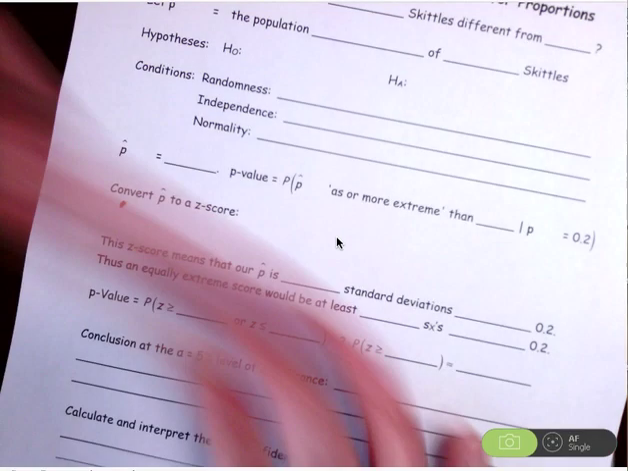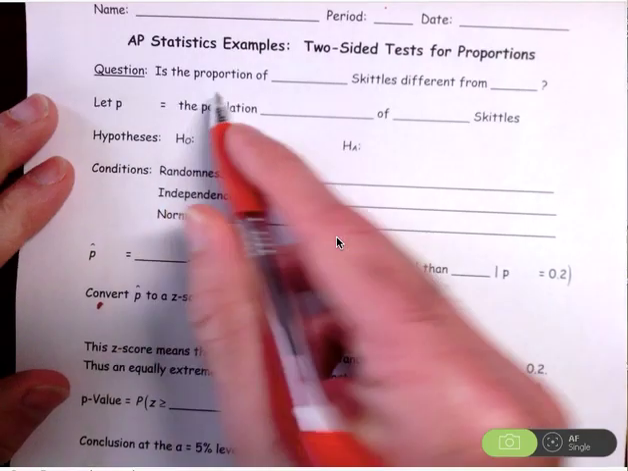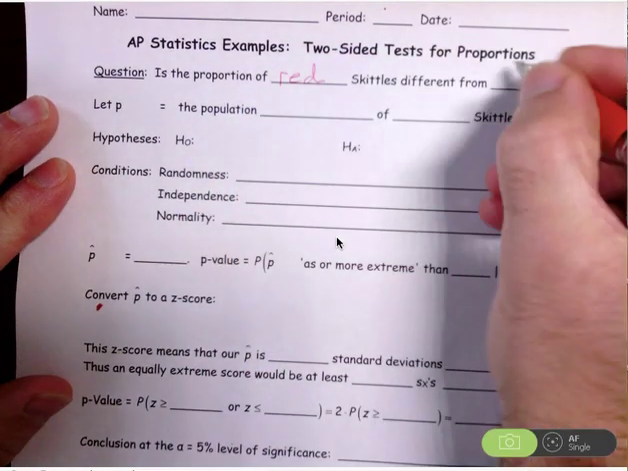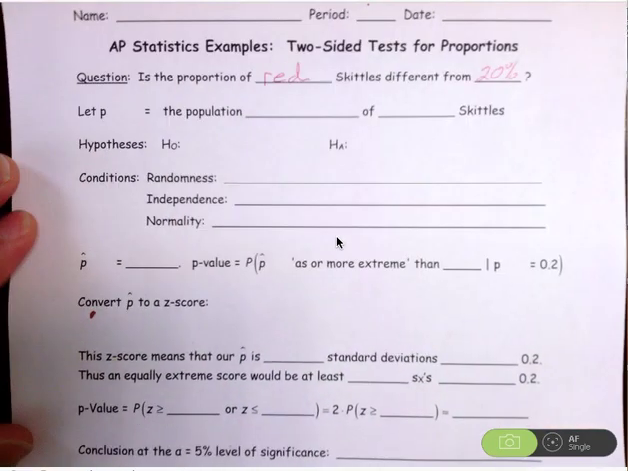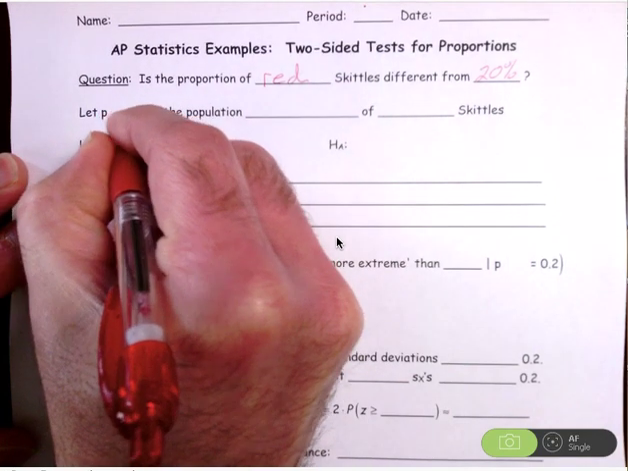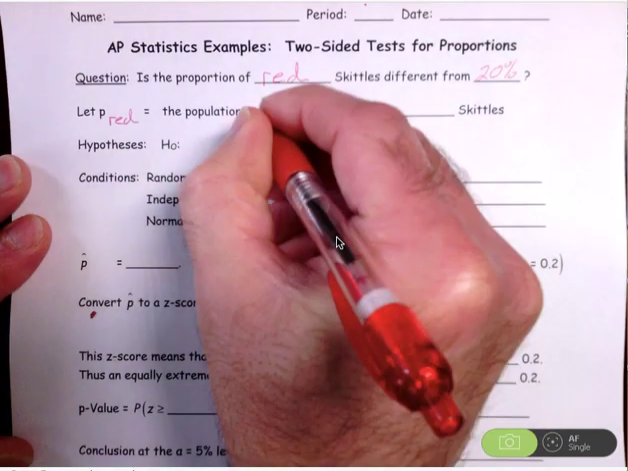So in honor of the red Skittles, I shall use a red pen. So today's question: is the proportion of red Skittles different from 20%? Okay, so let's define our population parameter. So the population proportion of red Skittles